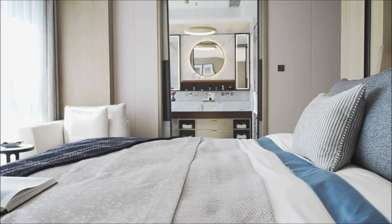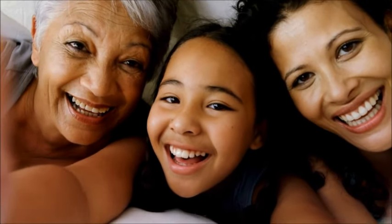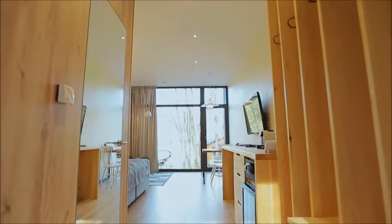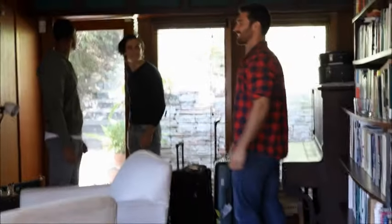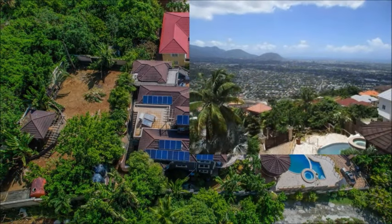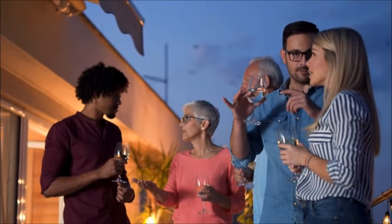6 spacious bedrooms, each with its own ensuite bathroom, ensuring privacy and comfort for all residents and much more. An additional 1-bedroom, 1-bathroom flat provides a perfect space for guests or extended family. The breathtaking rooftop terrace offers panoramic views of the surrounding area, providing an idyllic setting for relaxation or entertaining guests